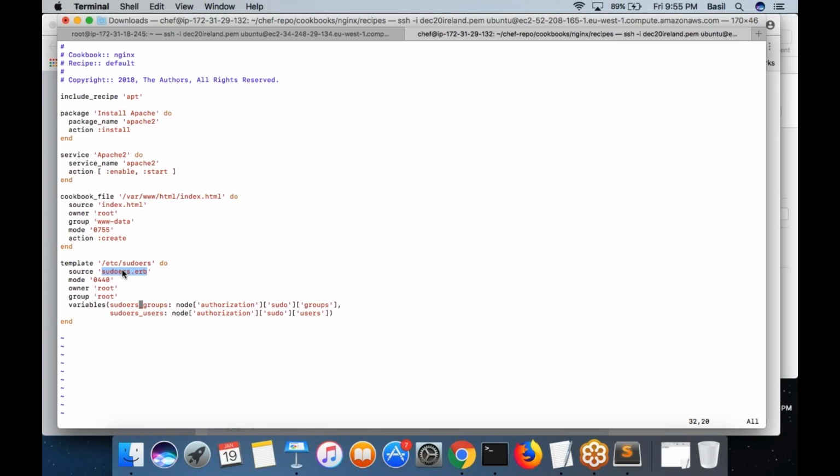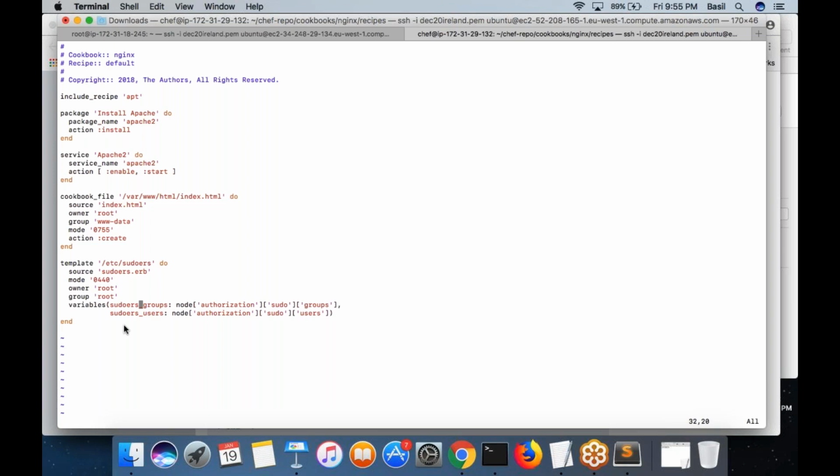Templates are located inside the templates folder in your cookbook, which I will show you. We will create this file later. So from this template file, this actual file would be generated and it would be copied to the web001 machine. That is what my intention is. Permission, I want it to be 440. Owner should be root, group should be root, whatever.